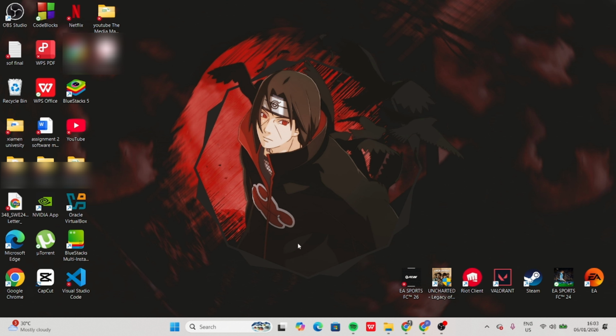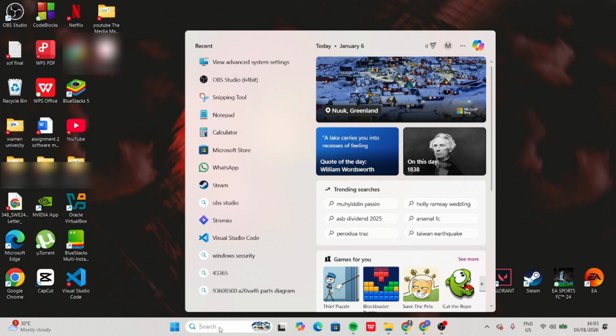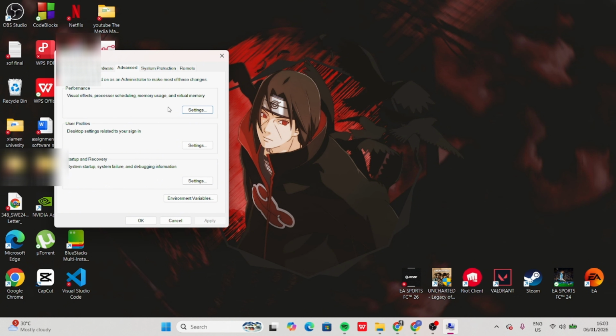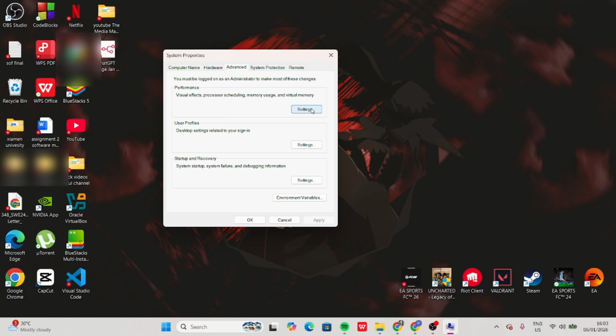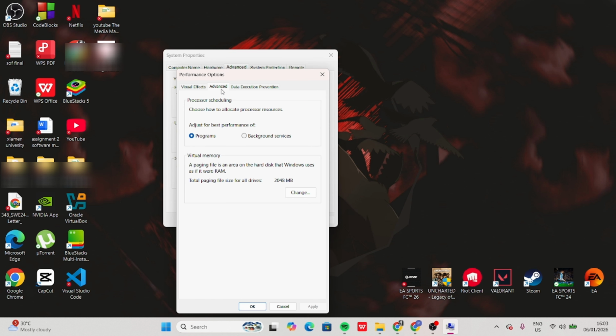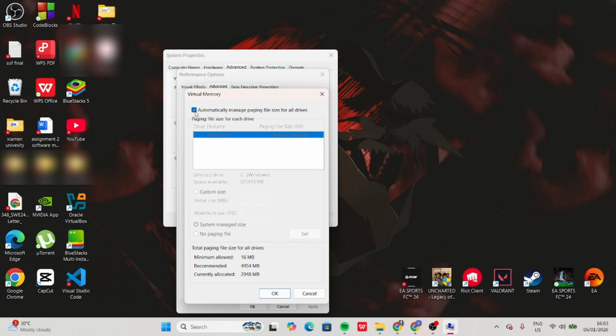So first, you are going to click on the search bar and type View Advanced System Settings. You choose that one, then you choose the first one, Performance. You click on Settings, then you go to Advanced, and here you will see Virtual Memory. You click on Change, then you uncheck this one, and here in the Custom Size you can put the initial size and the maximum size based on your laptop RAM, and then after you finish all those you click on